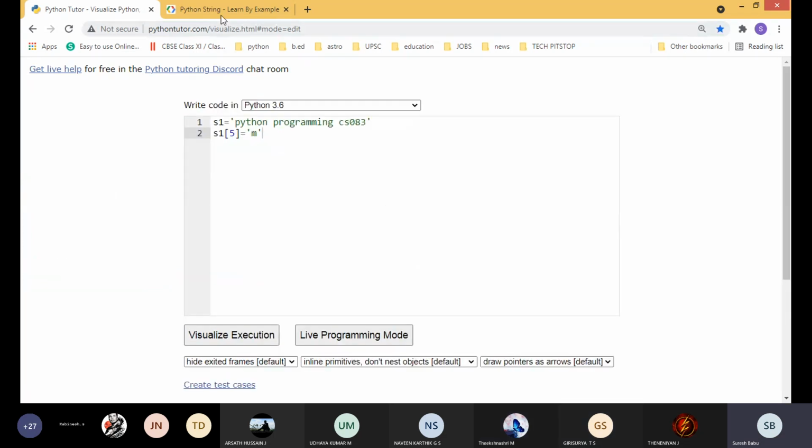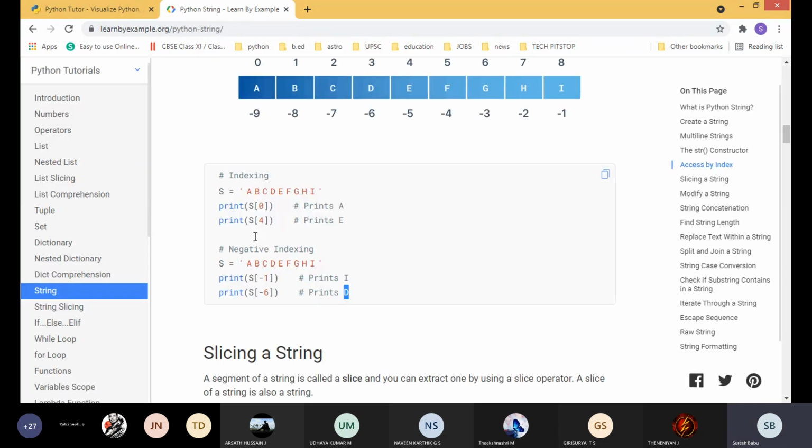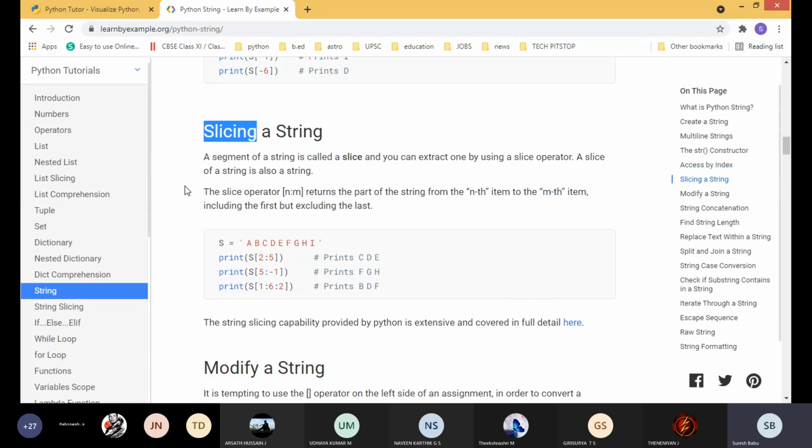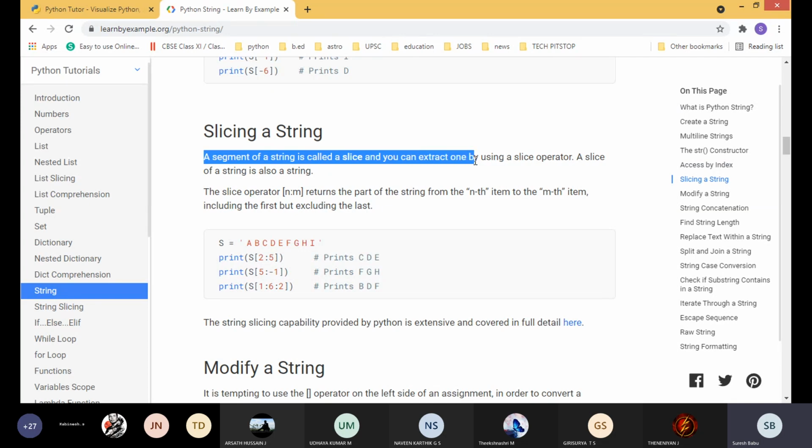So that's it. Next we will go for the next topic, that is string slicing. You already know slicing means cutting a part. Like that, here string slicing means a segment of a string is called a slice, and you can extract one by using the slice operator.